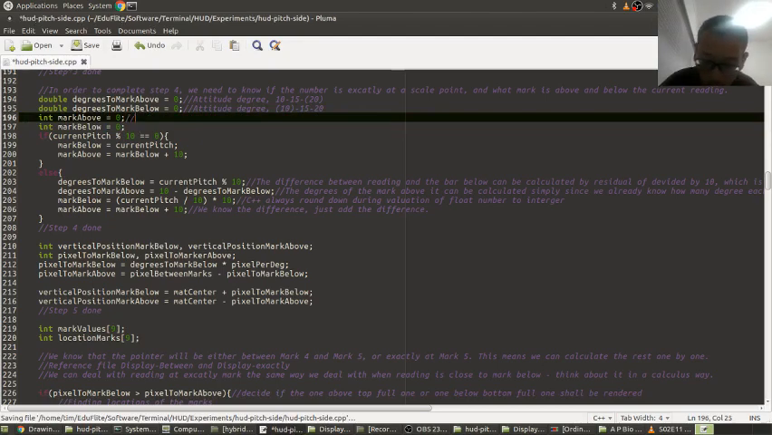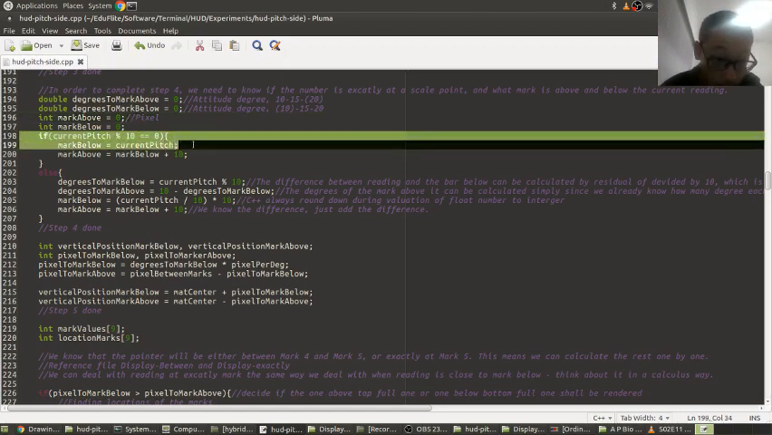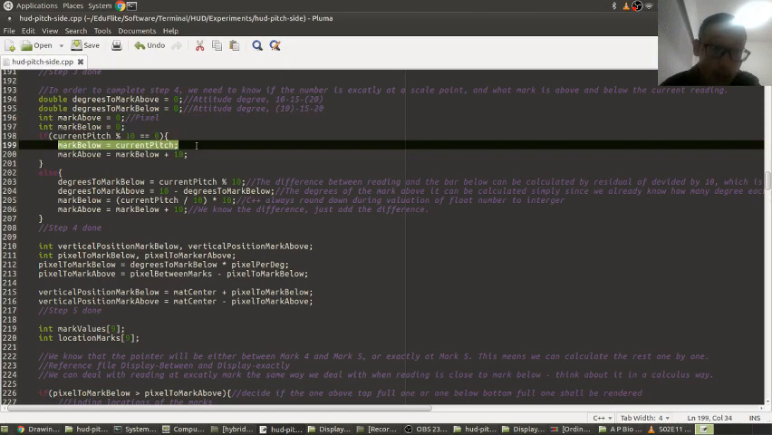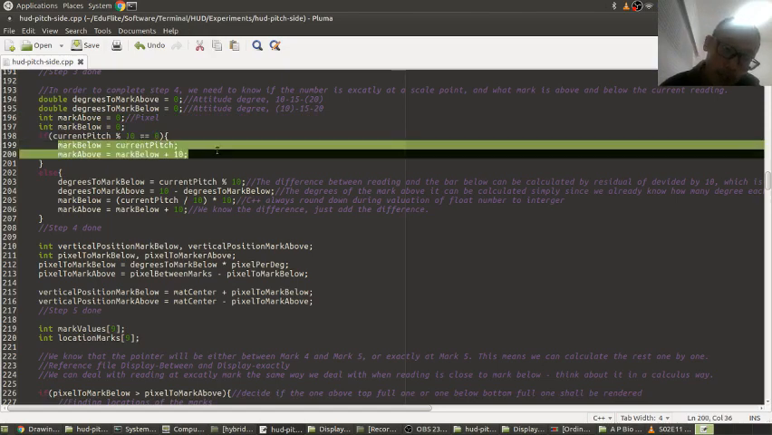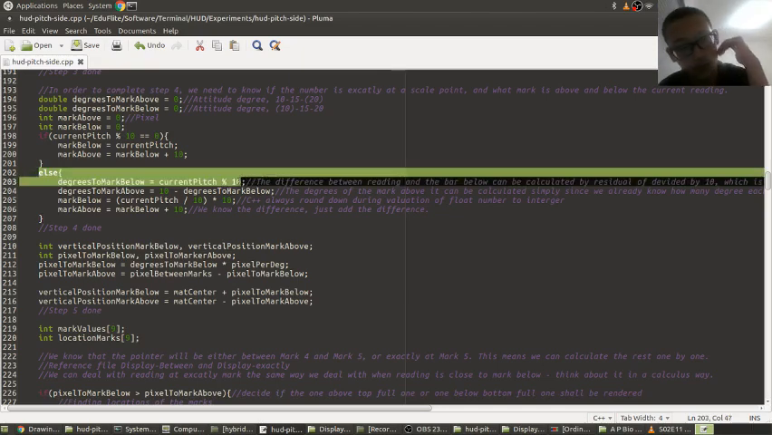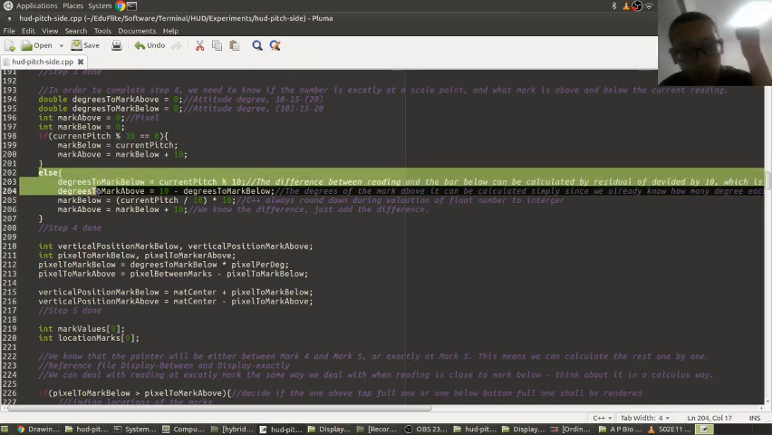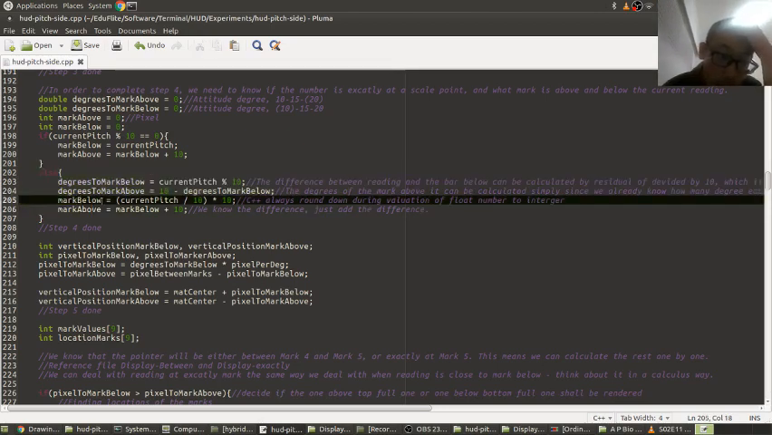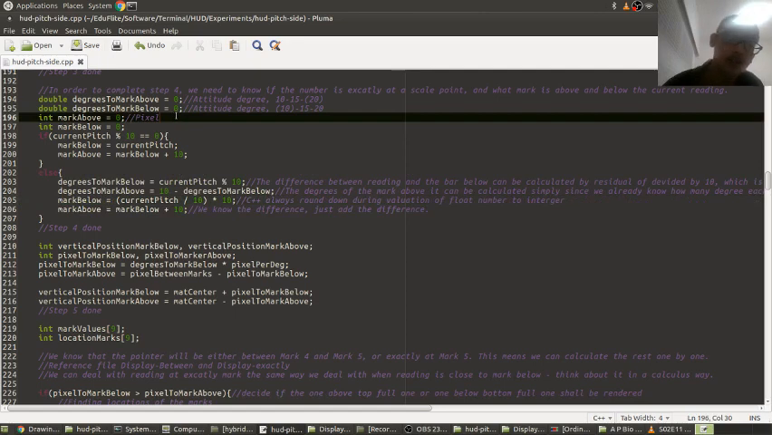And mark B, this one is pixel, right? So we see that there's something here that doesn't really match up. So mark below equals current pitch and mark above. Okay, so this part does match up. Yep, this part does match up. The degree to mark below is this one, 10, and the degree to mark above equals 10 minus mark below. So this one is correct. Mark below equals. Oh yeah, no, this isn't pixels. This is a